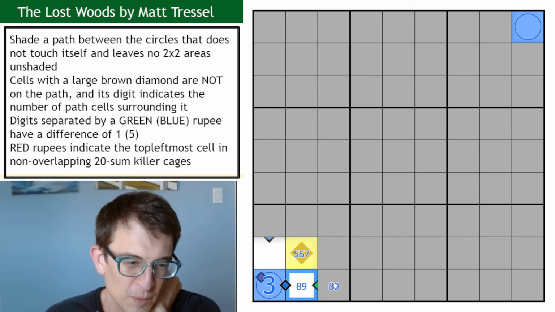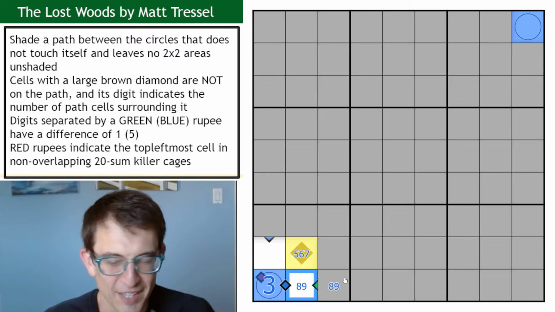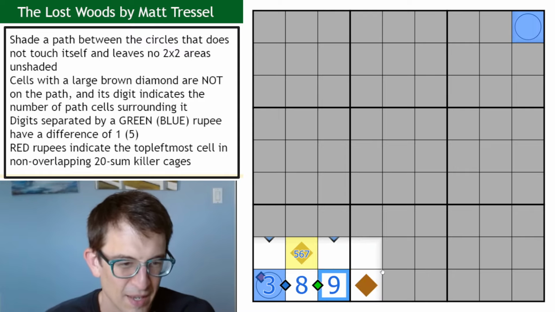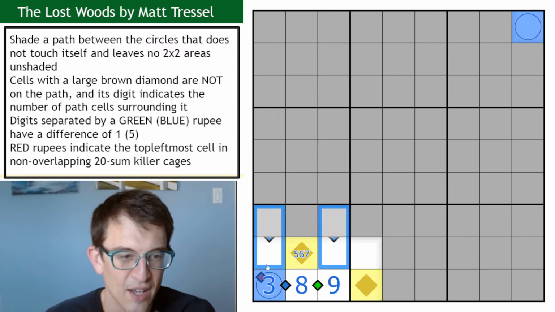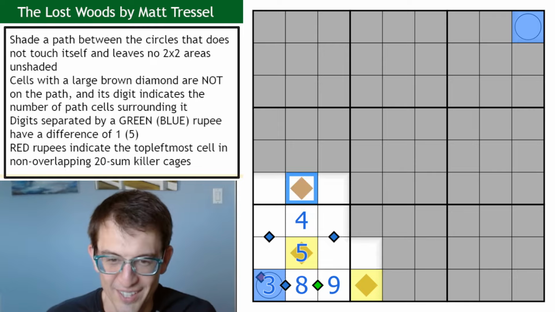So yeah, I think I just have to believe the rules when it says the difference is 5, and then it's exactly 5. So this is going to be an 8, and this is going to be 9. There we go. We get another bog and another diamond. Okay, so these are 1, 6, and 2, 7, meaning this is 5 and this is 4. We get another diamond. Okay, we get a lot of